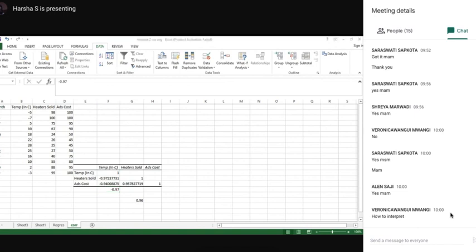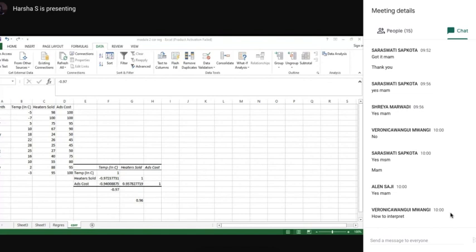What does it mean? It means that there is a negative relationship between these two variables. That is because the answer is minus. It shows a strong inverse correlation between the monthly temperature and the heater sold, which means as the temperature goes higher, fewer heaters are sold, and if the temperatures go low, then more heaters are sold. And it is reality, right?